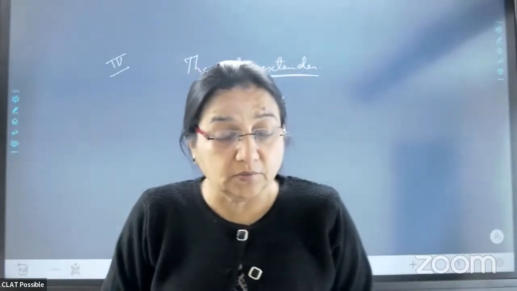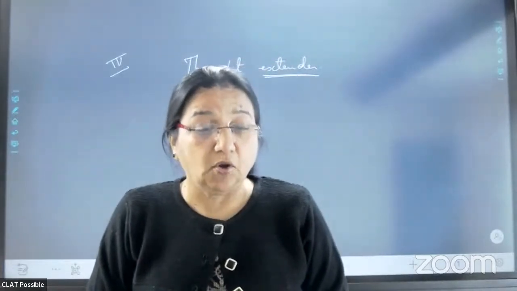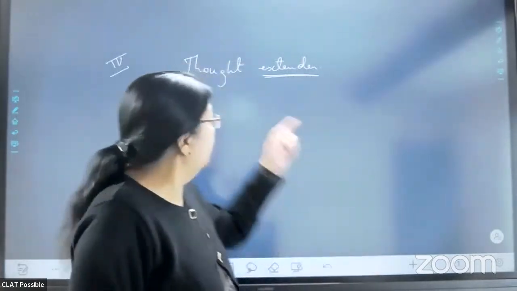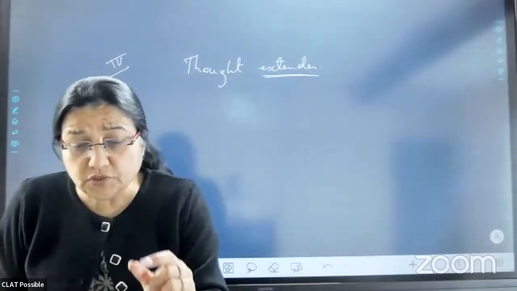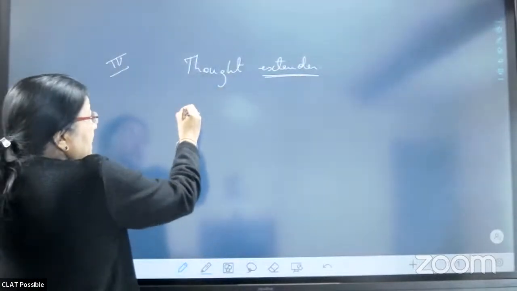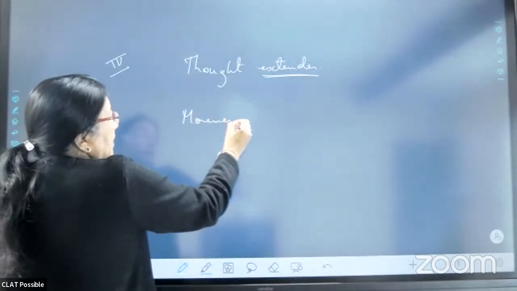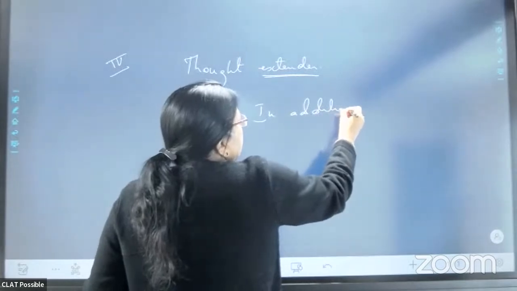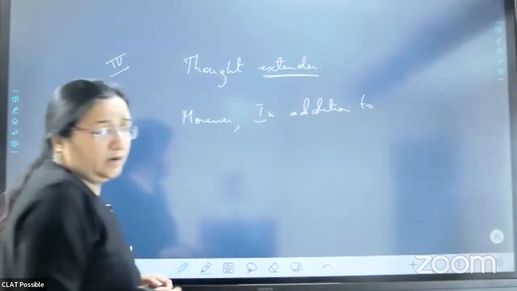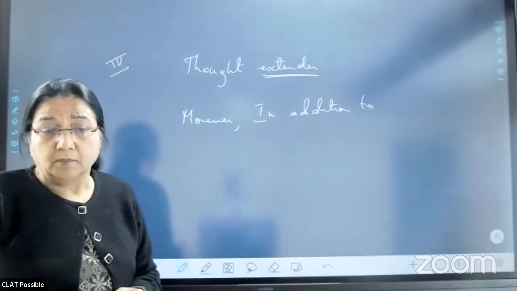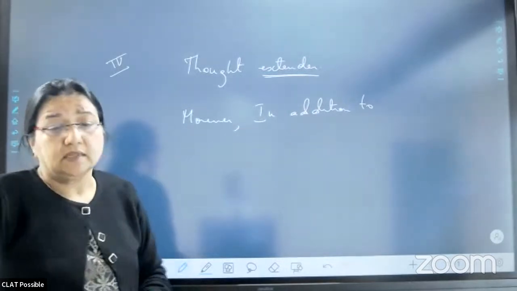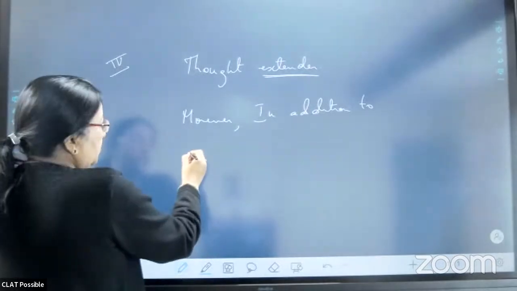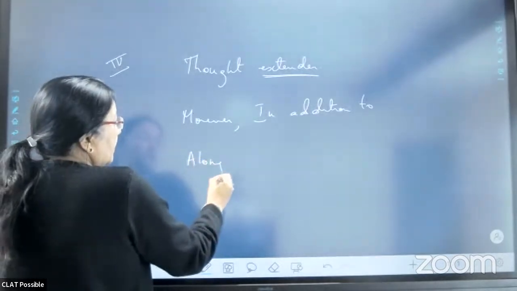So if you were to join, what are you going to say? You will say, my dog also loves eating. Moreover, he's fond of meat. So aren't you extending your thought? What was the clue for you is words like moreover, in addition to. See, this is a clue to the person who's reading the Parajumbles. That means I am extending my thought by adding in addition to, along with,